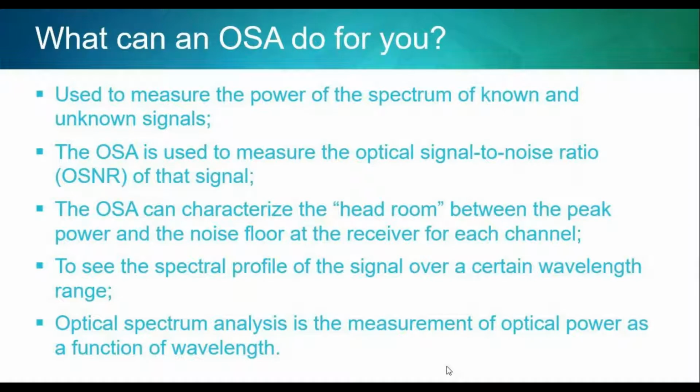Okay, so basically it enables you to measure the power of a known spectrum, or an unknown signal. You don't necessarily need to know what signal is in there because you're scanning through the whole spectrum of wavelength. As I've mentioned, it's really there to provide you a nice view of the power versus the wavelength. And by doing that, you're measuring all signal, and signal can be from noise or the actual valuable signal. So we can derive from there the OSNR, and we'll talk about that in more detail afterwards